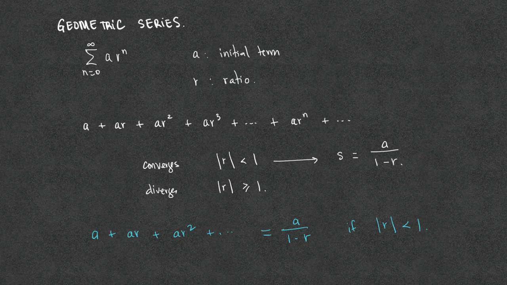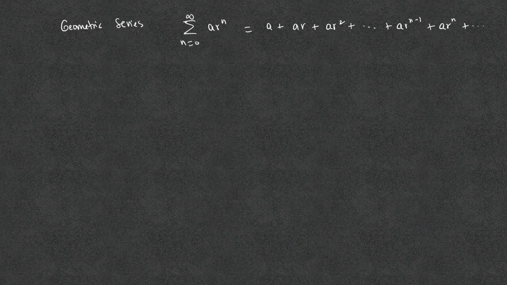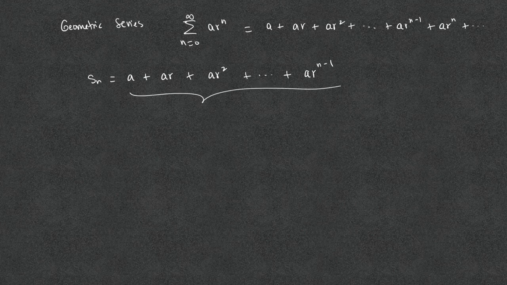The partial sum of the geometric series, S sub n, is a plus ar plus ar squared plus all the way to ar to the n minus 1 only. There are a total of n terms. To have a more useful formula for the partial sum S sub n, we write S sub n equals a plus ar